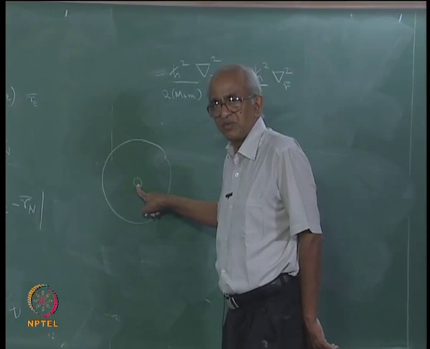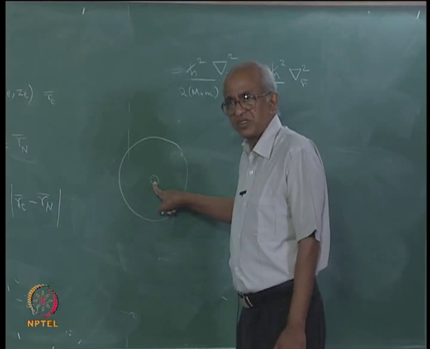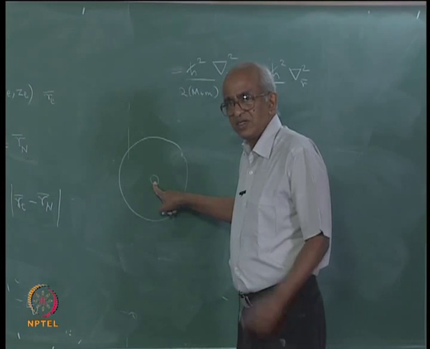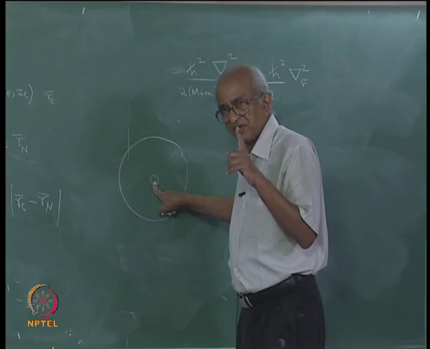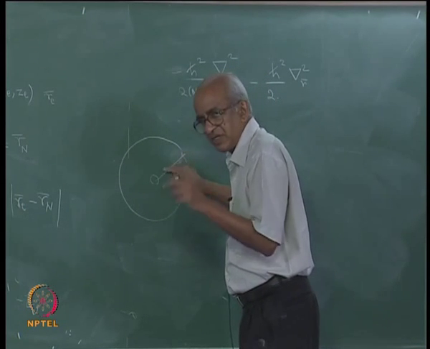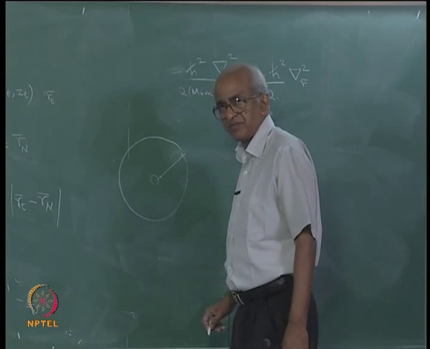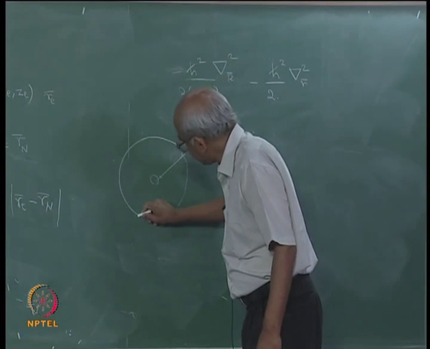Is that center of mass motion, sorry, is the center of mass not moving in that motion? It is moving if you think about it. If the electron was here and if the nucleus was stationary, then the center of mass of the system will be here. While if the electron has come here,